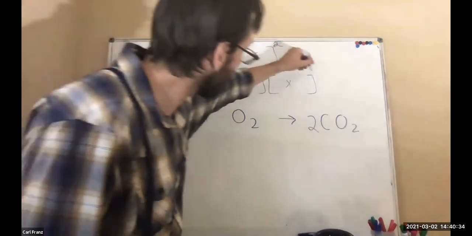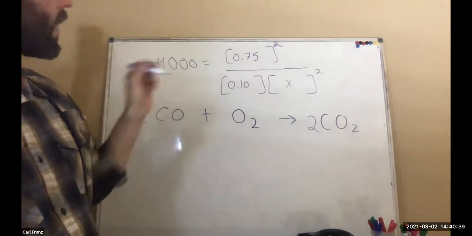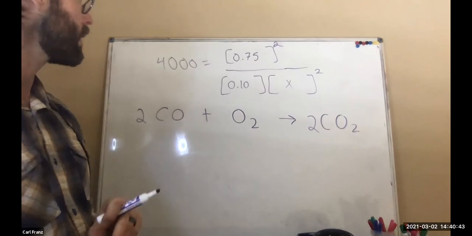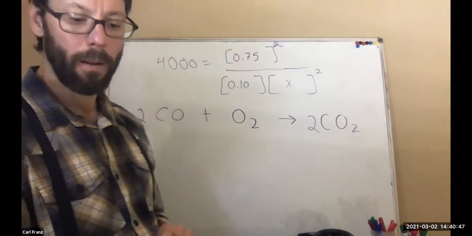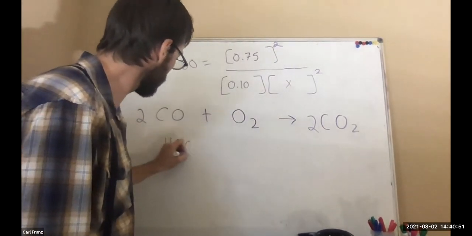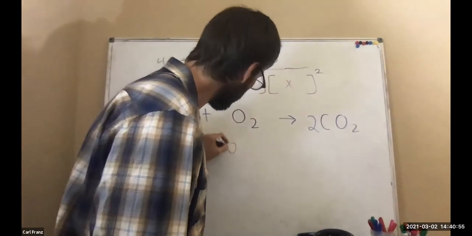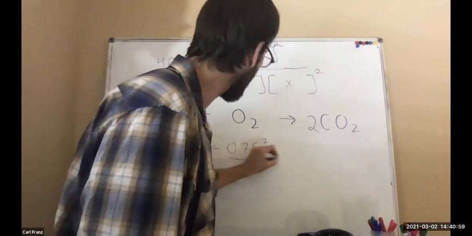And see, it's x there, okay? So now it's 0.75 squared divided by 0.1 times x squared, right? So we could write that out as 4,000 equals 0.75 squared divided by